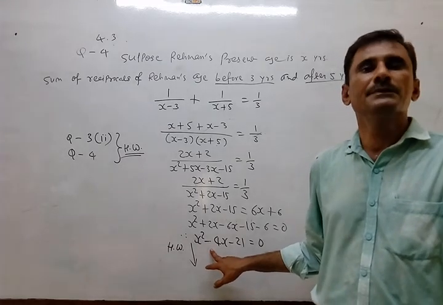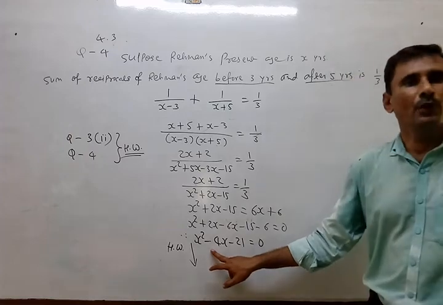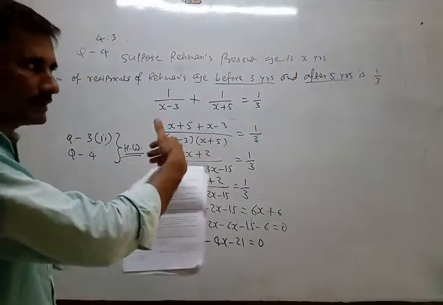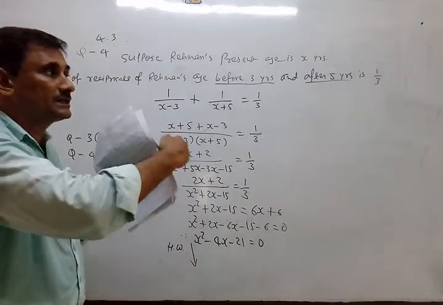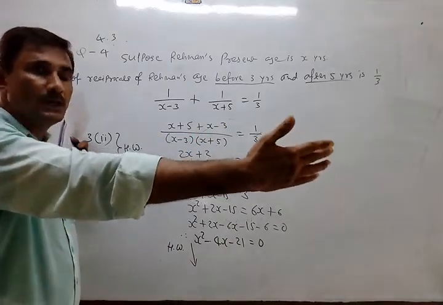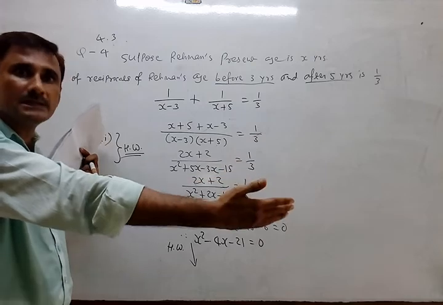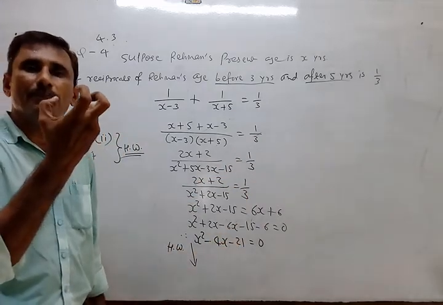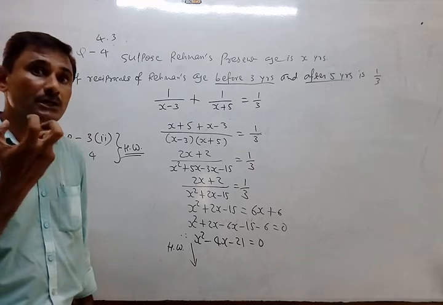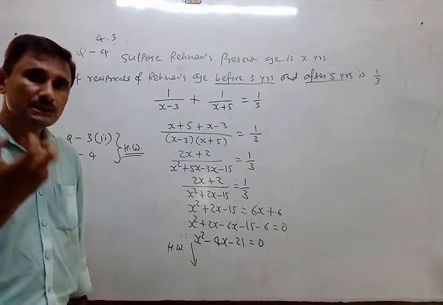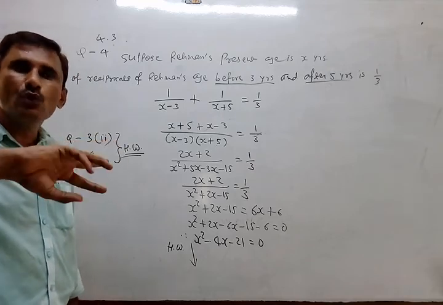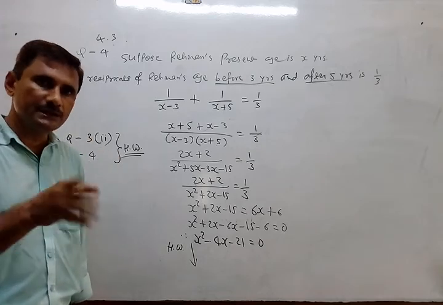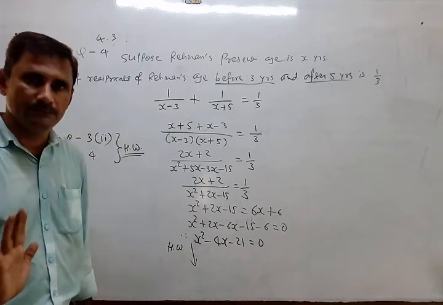And even if you have any problem in finding factors, then as I told, just write down the product of first and last in factorized form. And you can get prime factorization also. After getting prime factorization, make two groups so that both factors satisfy our condition. Addition or subtraction gives the middle term.